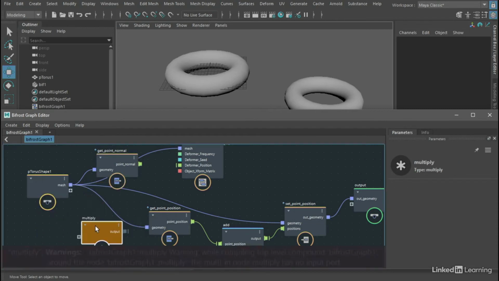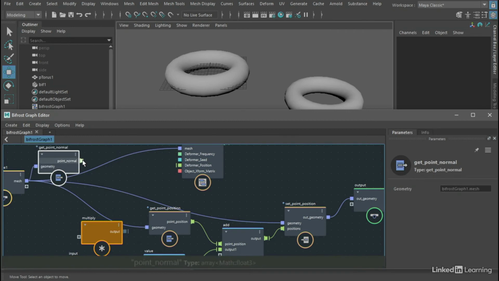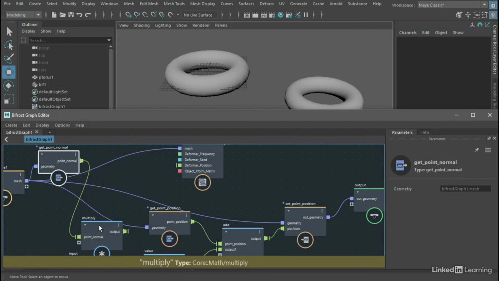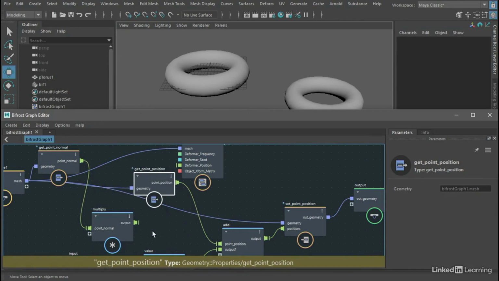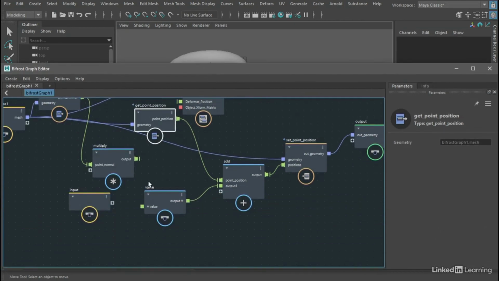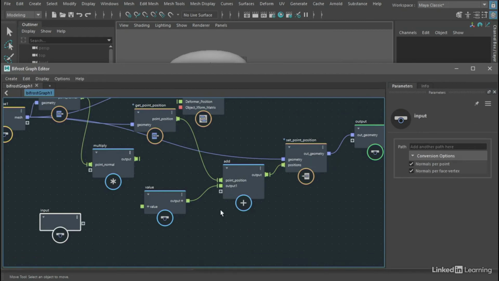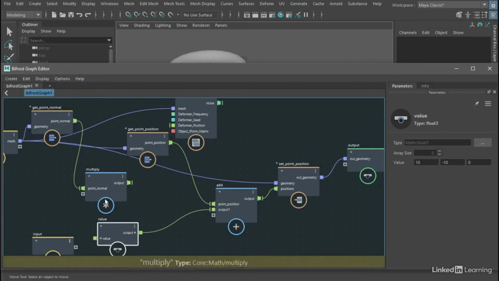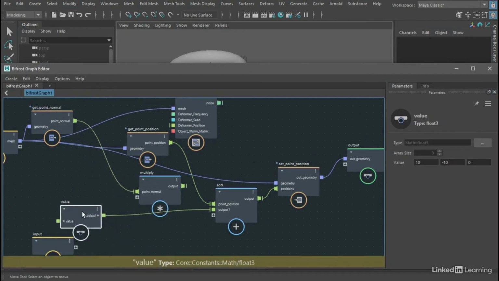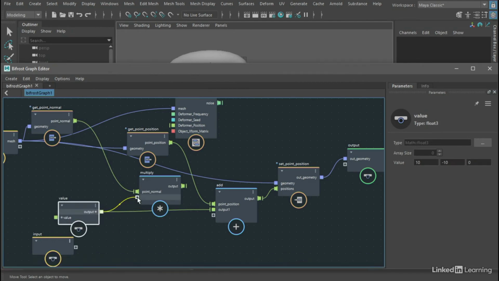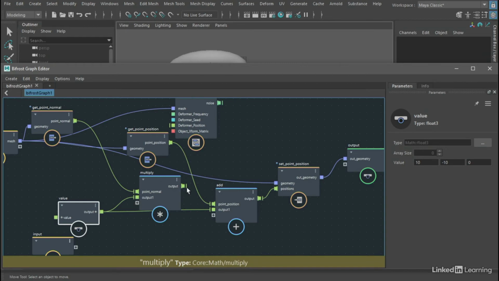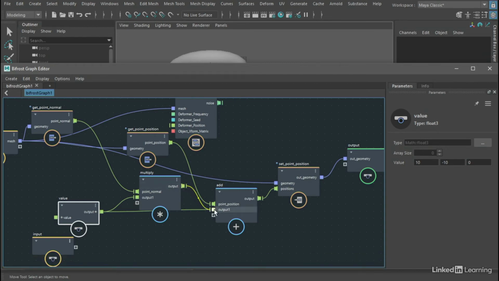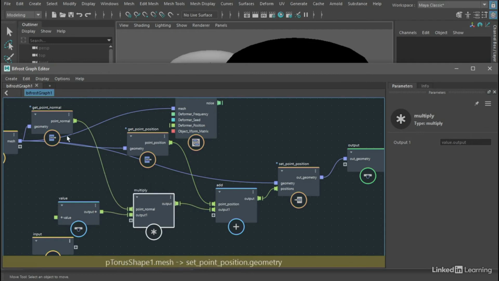There it is, multiply. So we'll take the output of the normals and connect it to a port on the multiply node. And we've also got this value node down here. And that is what we're currently adding to the point positions. We want to multiply our normals with the value. So we'll take the output of the value node, plug it into a new port on the multiply node, then take the output of that multiply node, connect it to the add node. So we're taking the point normals, we're multiplying it by some value, and then we're adding that to the point